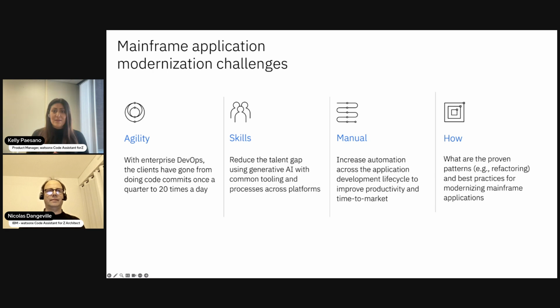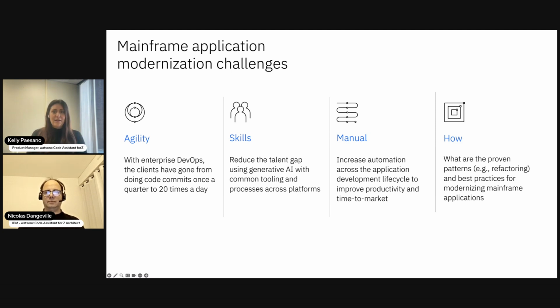Then there's skills. Clients need to reduce the talent gap to maintain and modernize their applications. Manual effort. There often isn't enough automation in the application development lifecycle, but you need that automation to improve productivity and increase time to market.